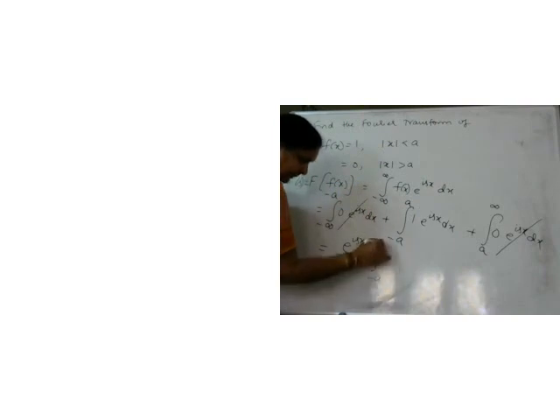We'll integrate it. What is the integral of e power isx? It is e power isx by is, between the limits minus a to a. That gives 1 by is times the upper limit e power ias minus the lower limit e power minus ias. You can leave it like this, or you can multiply and divide by 2. So this will become 2 by s times e power ias minus e power minus ias by 2i. This value we know is sine. So 2 sine as by s.